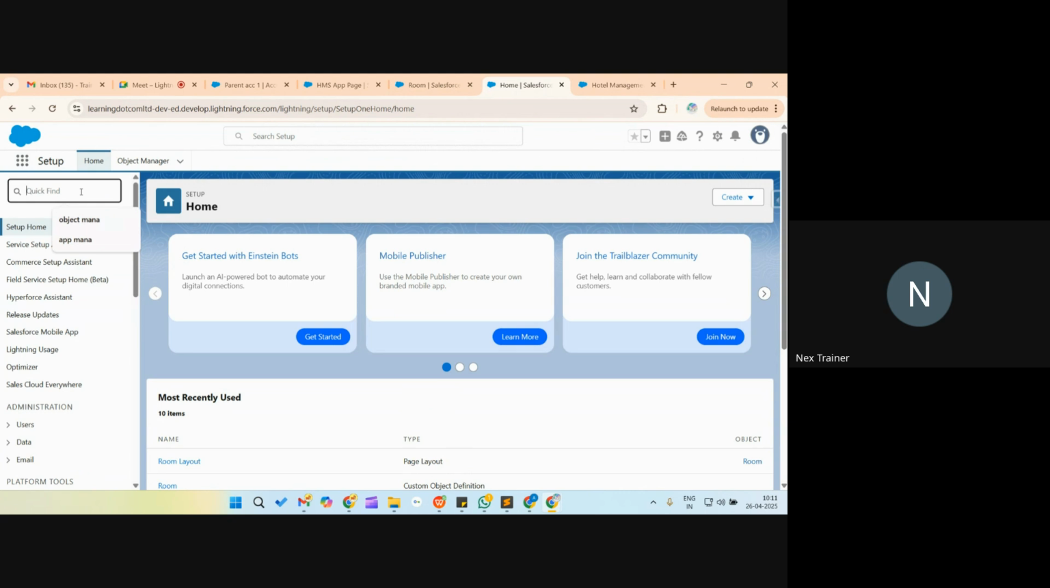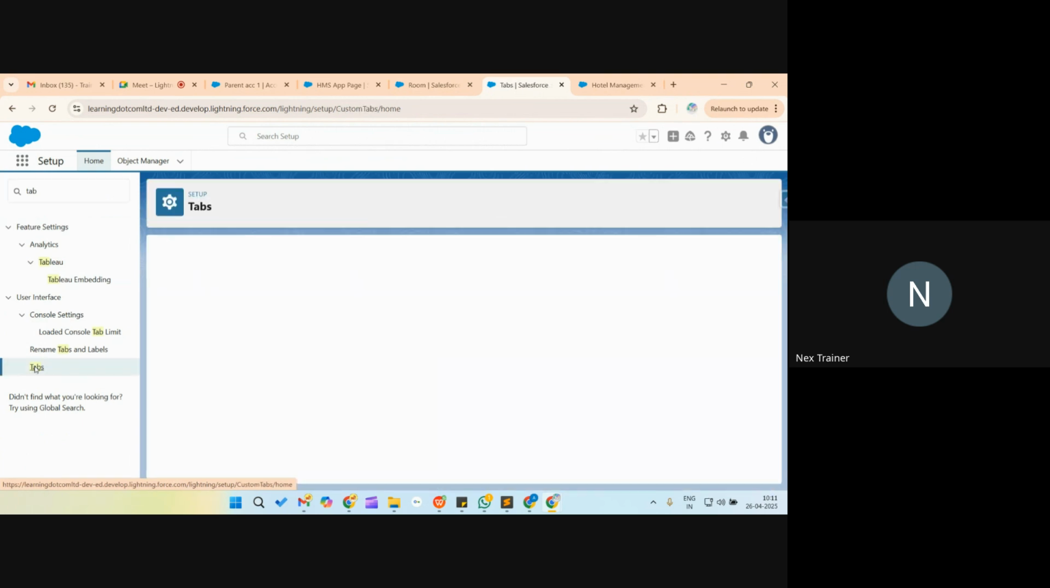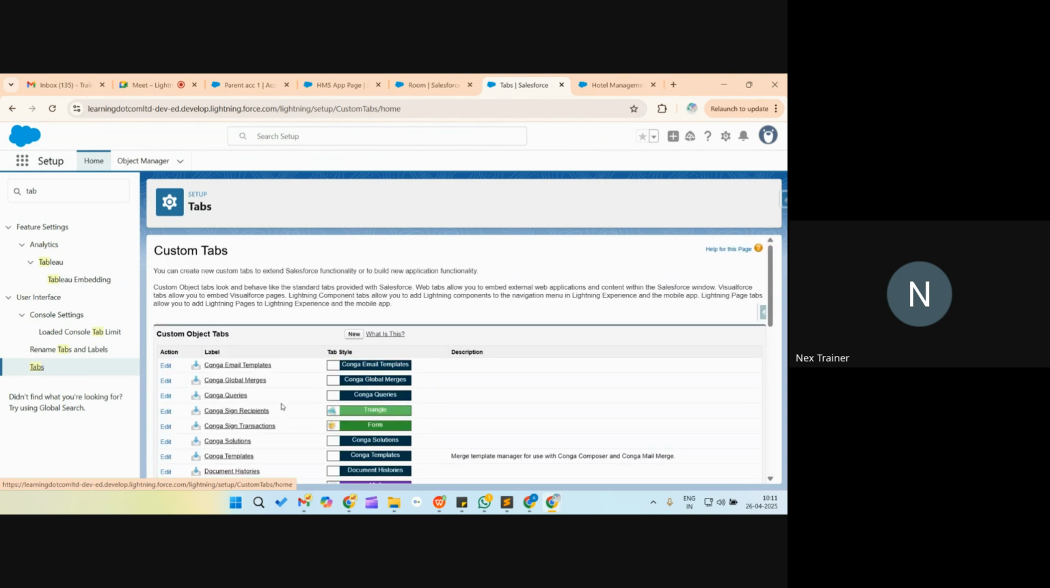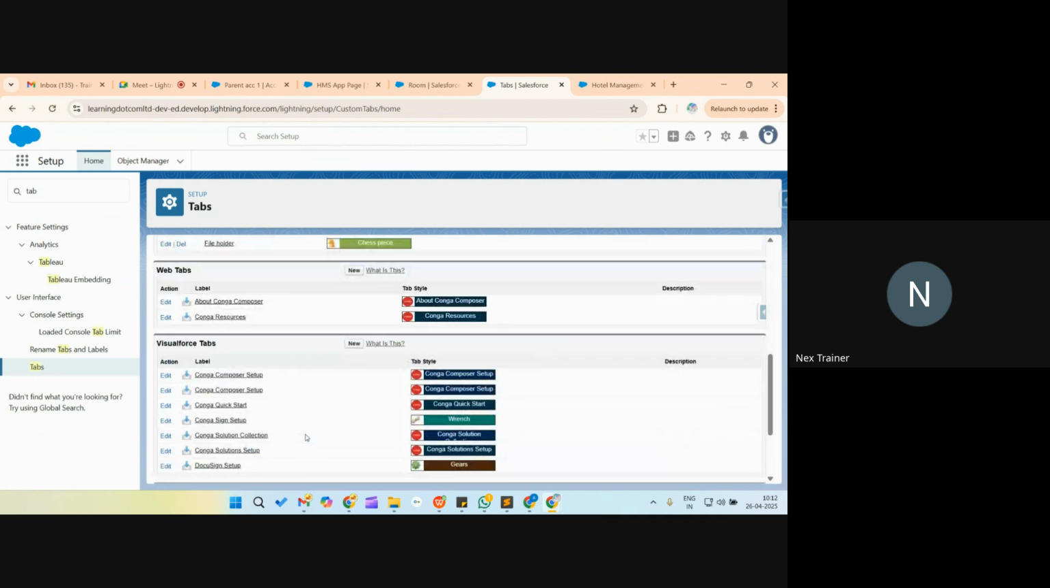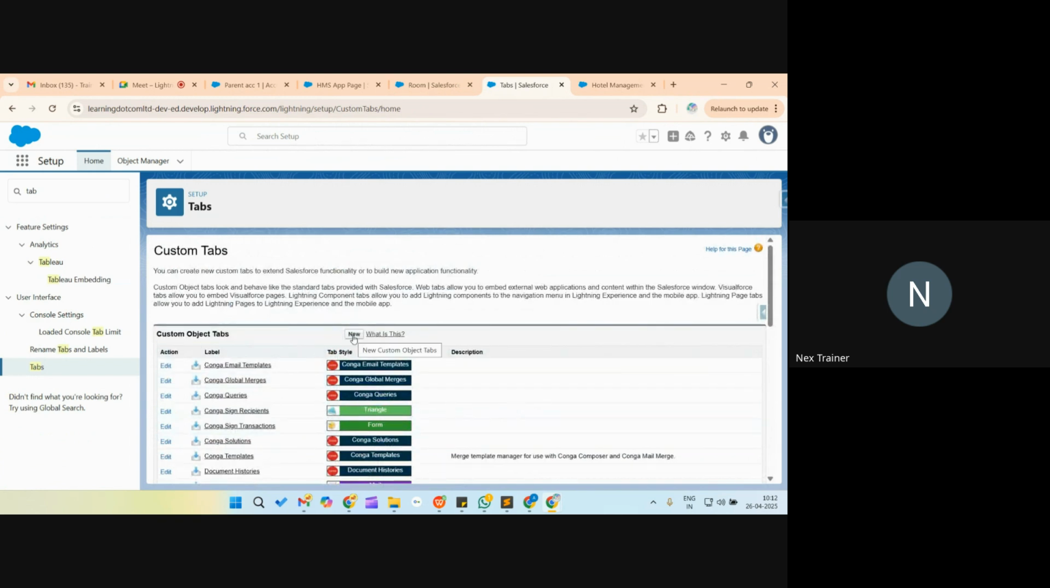And here you need to type in the setup tab. Okay, and here you see inside this, you can see user interface, you get the tabs option. Open it. And here you see custom objects tab. That's what we are looking for. Okay, you see custom objects tab. So you need to put here new,